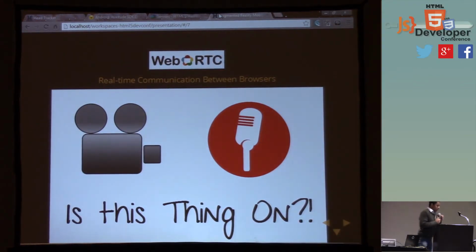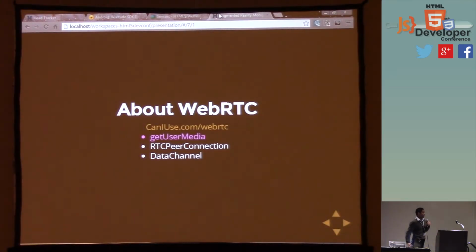And then the other prerequisite is we have to have an ability to get the camera. So WebRTC, which is real-time communication between browsers, allows us to do that. There are three portions of WebRTC. The one I'm most interested in is getUserMedia, which allows us to get the streaming from the camera, whether it's an audio stream or a video stream. Most of the time we're just interested in the video, but it also allows a way for communicating peer-to-peer and sending data through that connection.